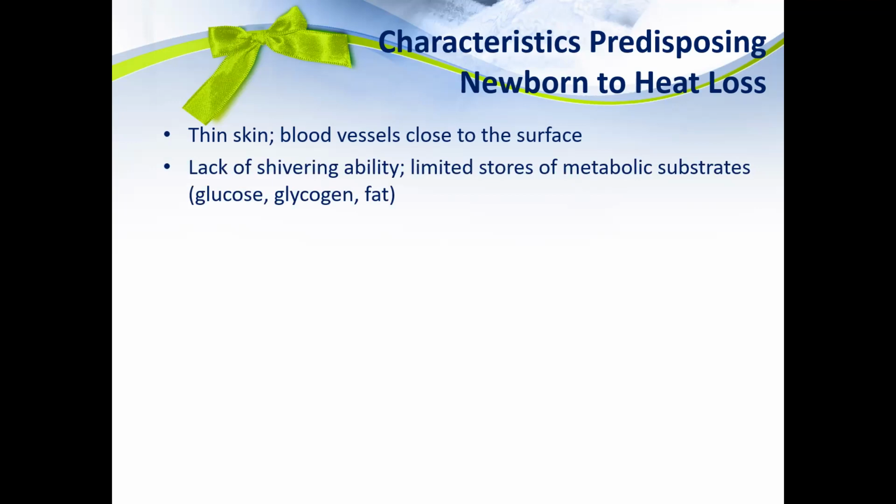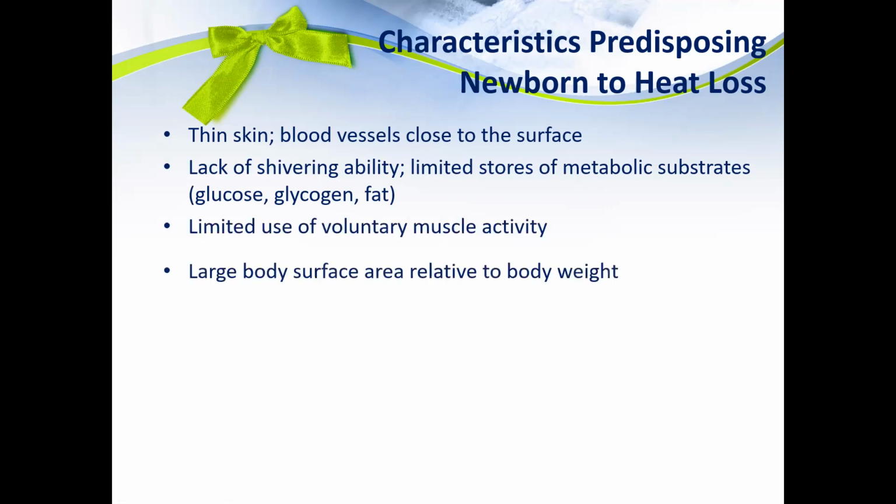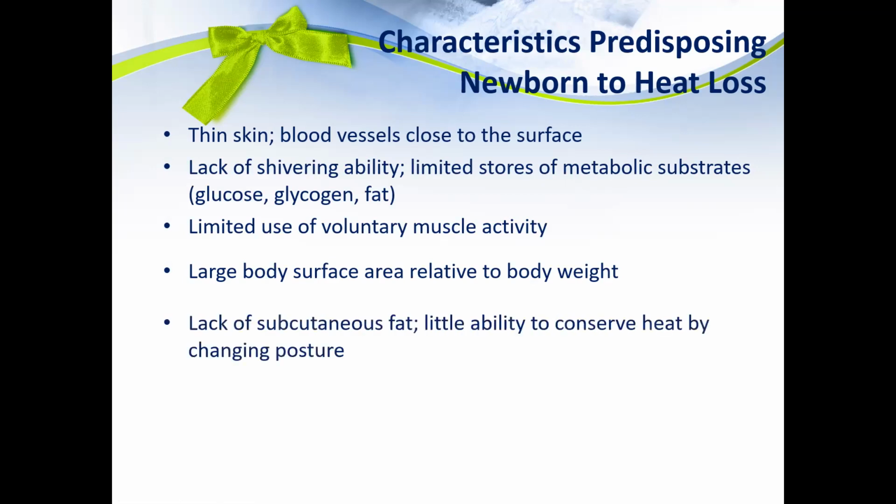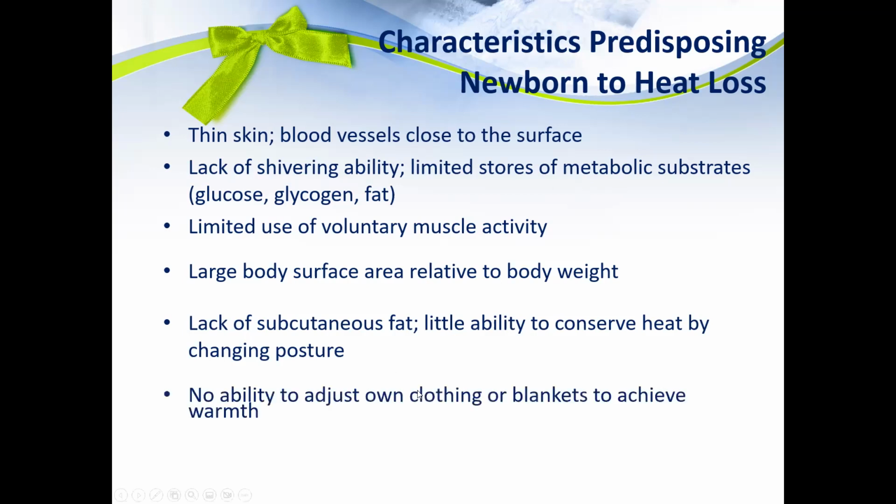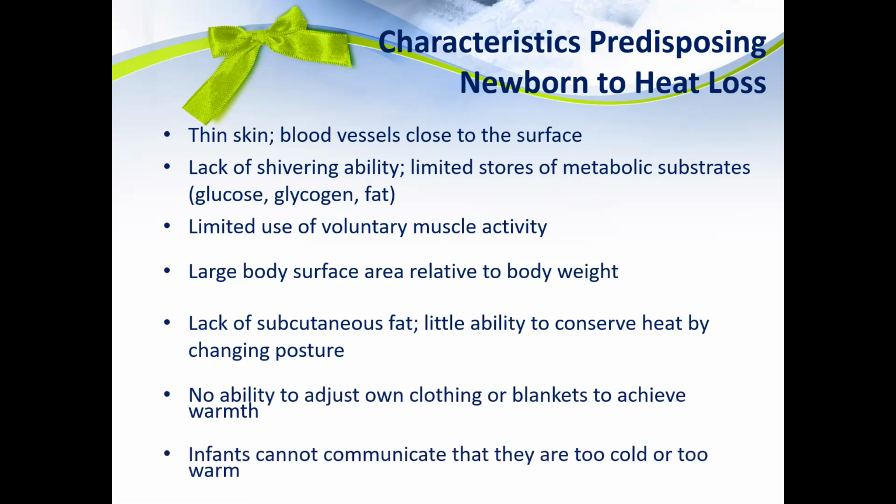They have limited use of their voluntary muscles, but they are able to use a process called flexion, which helps them to stay warm. They have a large body surface area relative to their body weight. They lack the subcutaneous fat and the ability to conserve heat by changing postures. They also can't get up and get their own blanket or adjust the temperature. And they can't tell you that they're cold